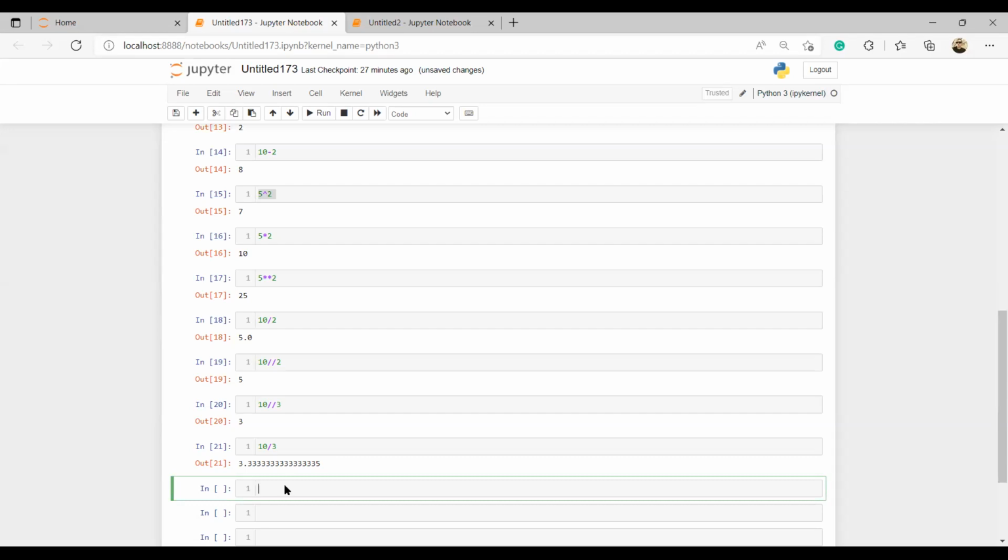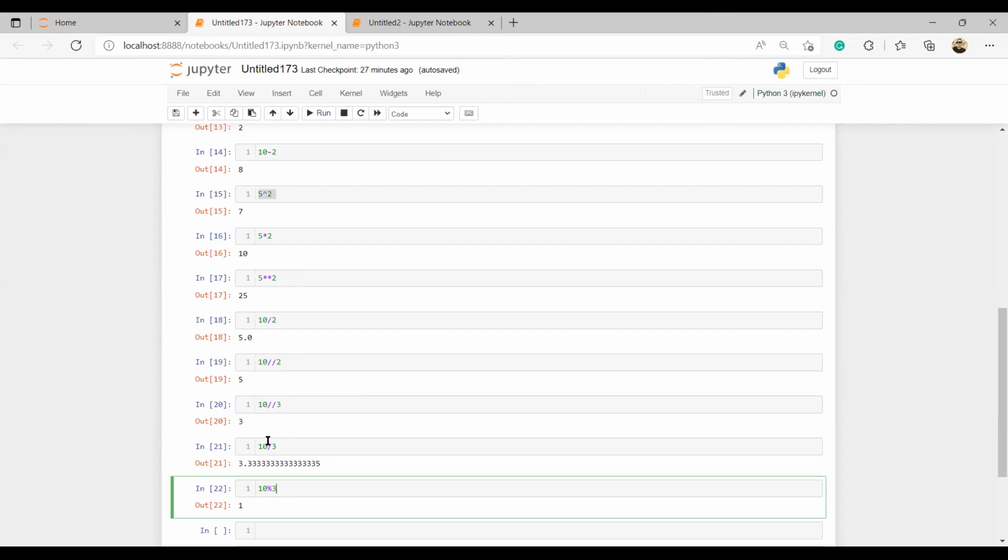And that's it again. For example, if I say 10 modulus 3, what does this mean? How many times can 3 go into 10? 3 times, remaining 1.